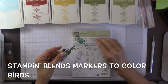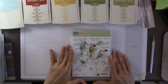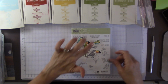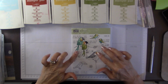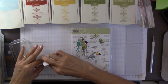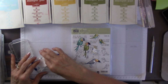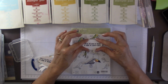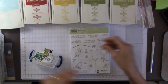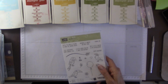all the little birds that I'm going to use with our card today from the Bird Banter stamp set. And there's a parrot, there are little parakeets, there's a toucan, and we've got the little parakeets that go both ways. And I believe I have in my little stack here, and yes I do, my little cockatiel. So these are the birds that we're going to put in our tree, along with this little sentiment that says, "You're the kind of friend I'd share my branch with." So I've already done all these in advance, and I'm going to put these aside so we can put them in our tree, because really what I want to focus on today is how we're going to stamp our